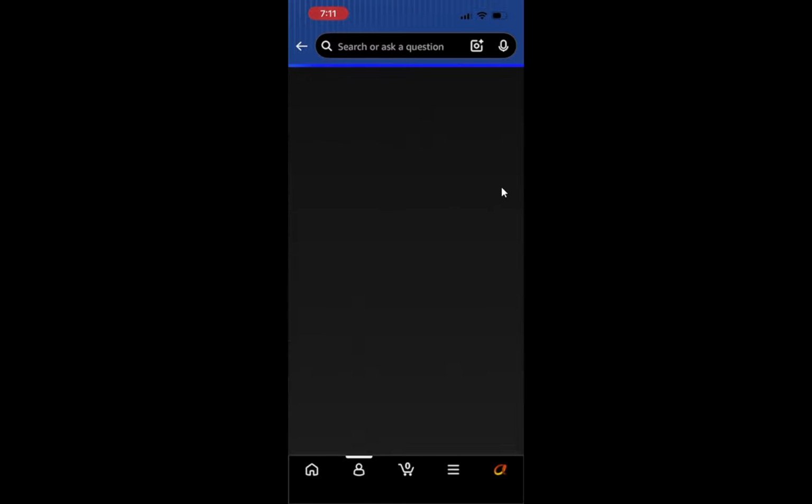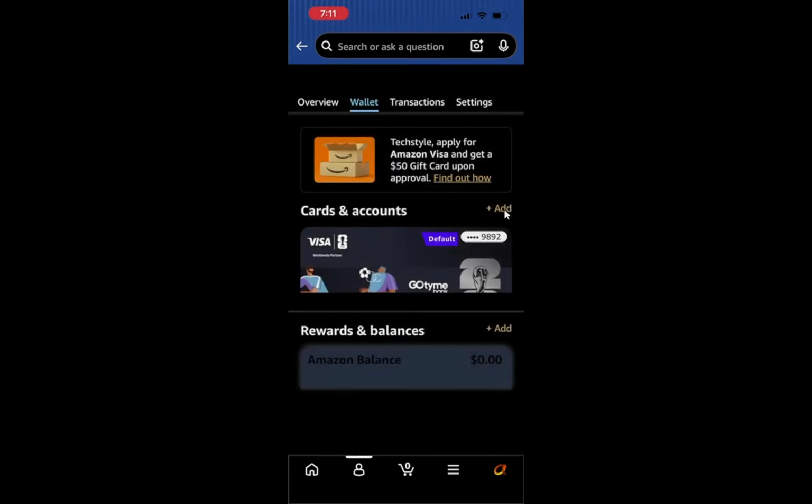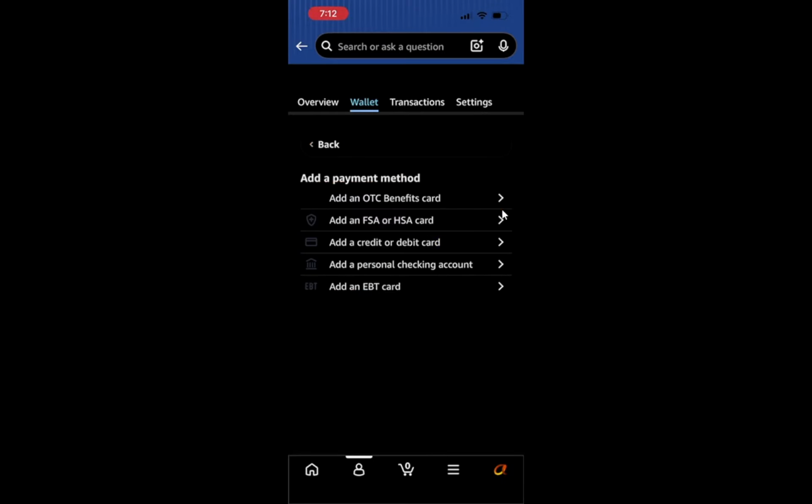This brings up a new screen that asks what kind of payment you want to add and gives you entry fields after you choose. Choose the type of payment method you want to add, such as a credit or debit card or a bank account where that is supported. When you select one option, the app tailors the next screen to that method. For example, card details for a card or bank details for an account.